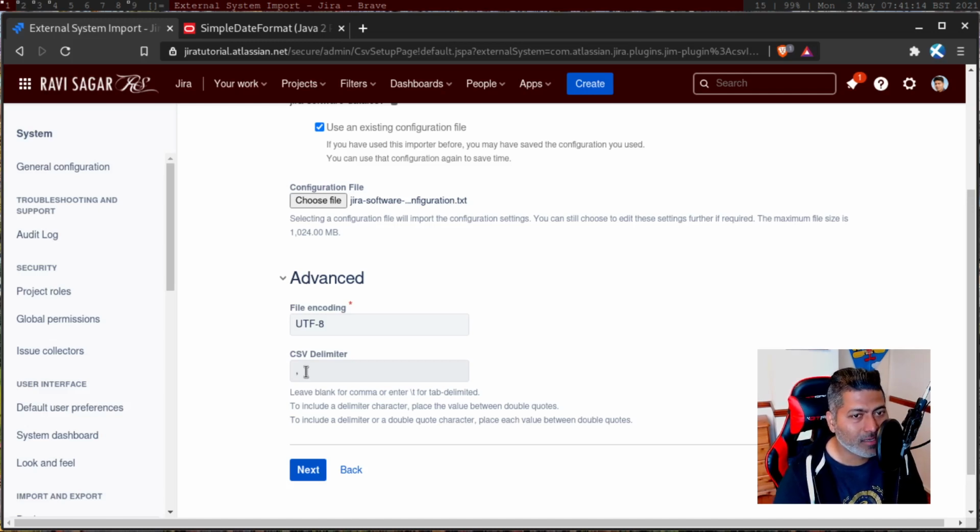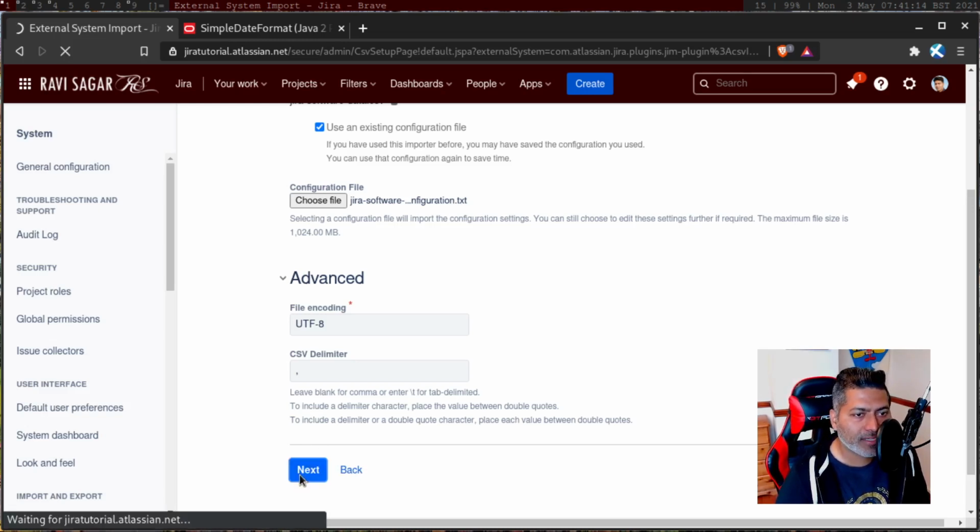So you have to make sure that the delimiter is valid for your CSV, because sometimes you can also have commas in your description, and usually if you have commas or these delimiters in the data itself, then you need to use double quotes in your description, for example. So for the time being, we have a simple CSV file. So let's proceed further. Click on the next button,